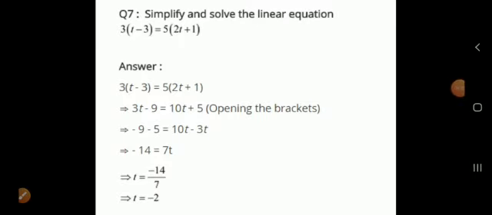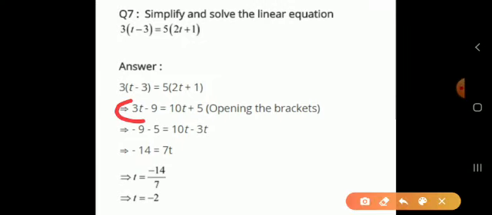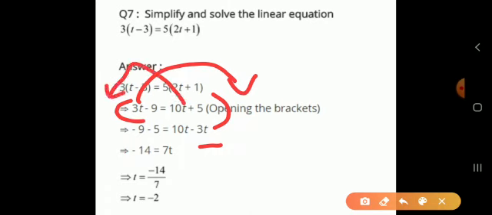Now here the distributive property we have applied. Now see, all the like terms we will collect here. Here variables are also there and numbers are also there. So what we have done, minus 9 we have kept here as it is. 3t we have brought this side, so 3t became minus 3t. 10t is the same only, we are not changing 10t. T terms we are bringing on the right side, and it becomes 10t minus 3t. This plus 5 we can shift, so plus 5 we are shifting to this side, it is becoming minus 5.